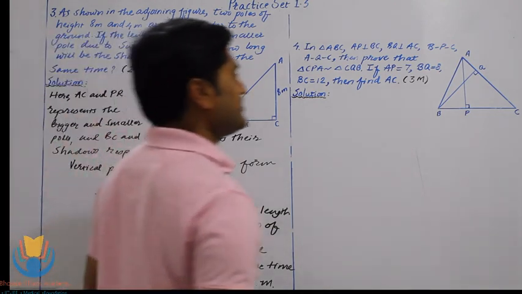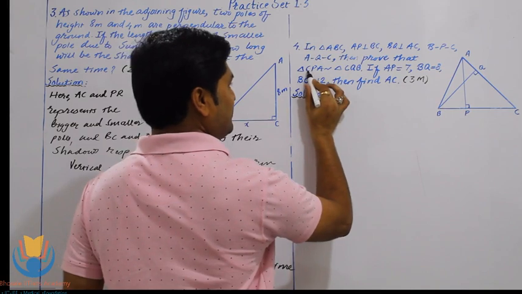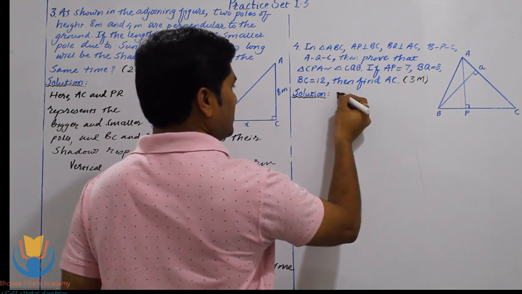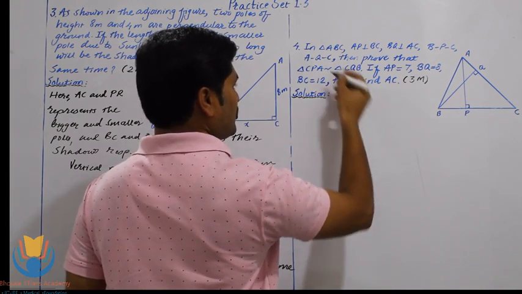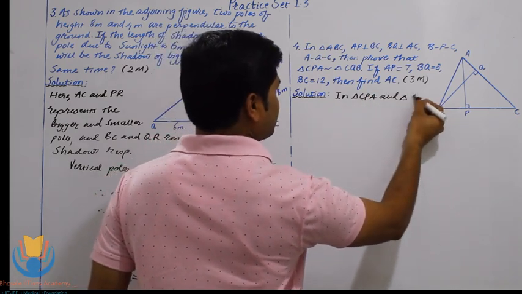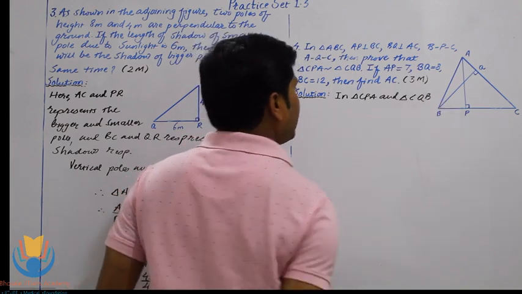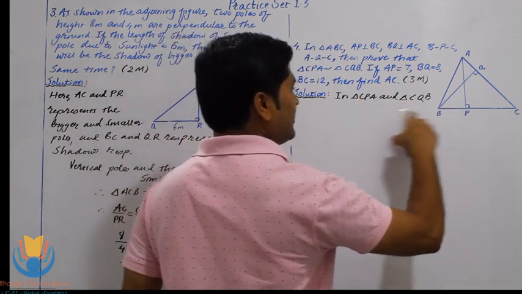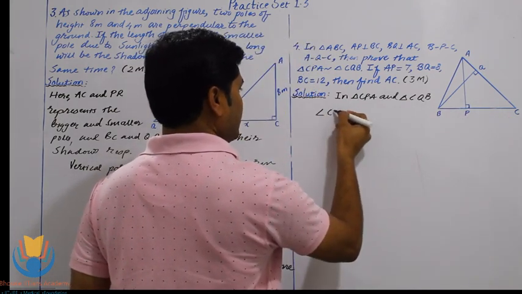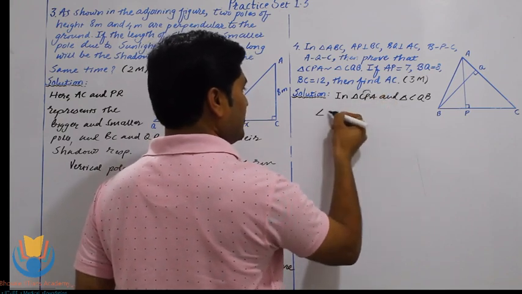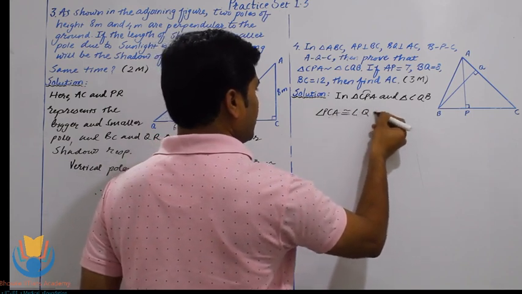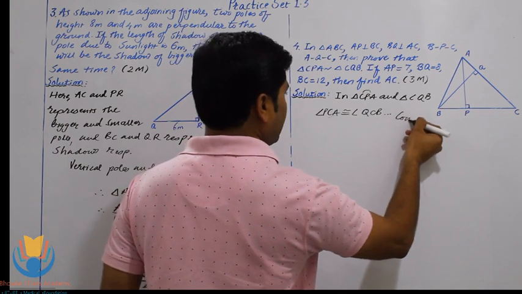So let's continue with the fourth example here. First we have to show that triangle CPA is similar to triangle CQB. For that we will use the AA test of similarity. So again we will copy the names of the triangles from the question itself. So in triangle CPA and CQB, as you can see here, angle C is common in both the triangles. So we will write the first pair of angles as angle PCA. So we will get this letter in the middle. So angle PCA is congruent to angle QCB, and the reason will be common angle.